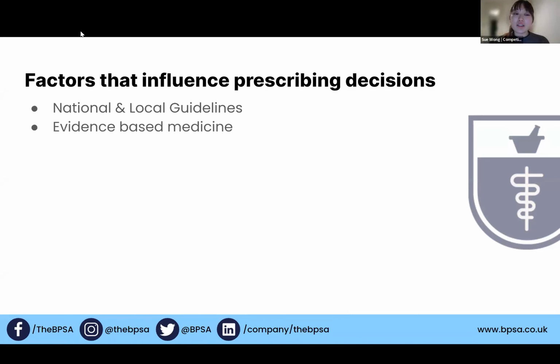I think that's particularly important for antibiotic prescribing, just because around different areas and different cities, you'll have different resistance patterns. So every trust will have their own antibiotic guidelines, and it's really important to follow them because resistance is such a big thing now, which leads really nicely onto evidence-based medicine. And this just means what research is there to back up the treatment that you are giving the